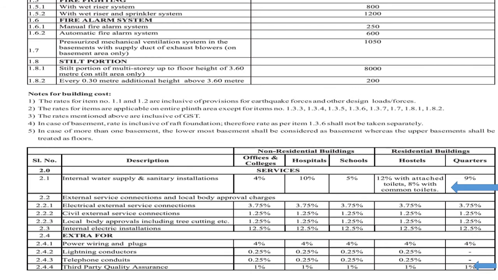Then electrical service connection and local it is 3.75. Then for water supply and internal electrical installation it is 12.5%.